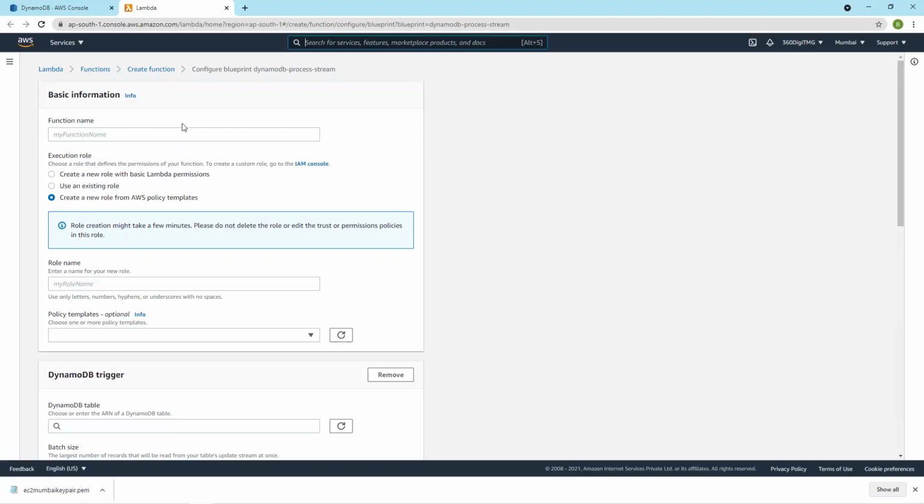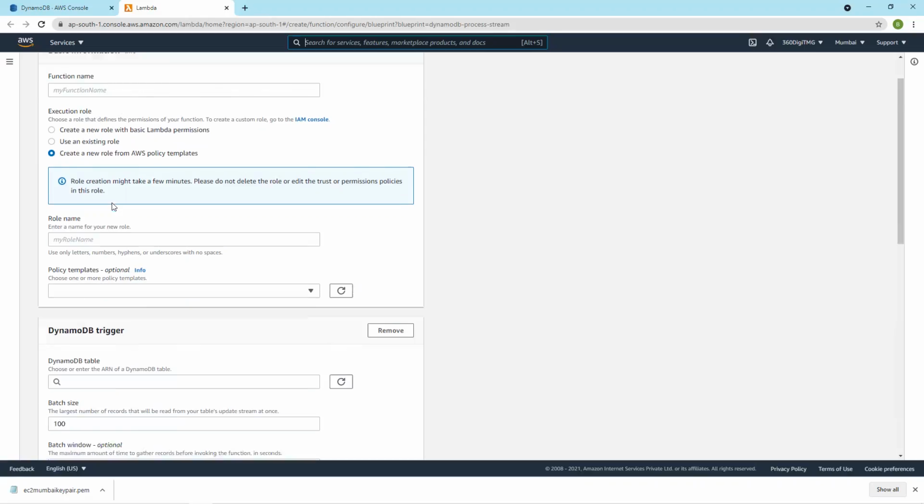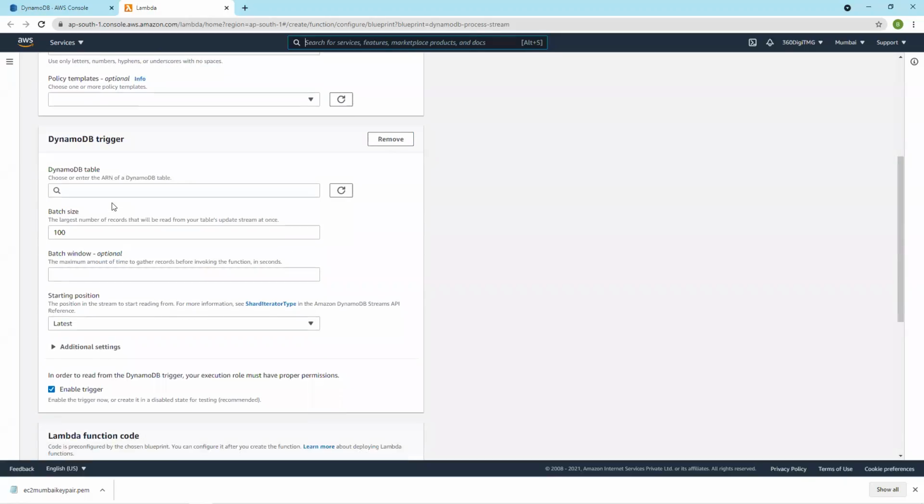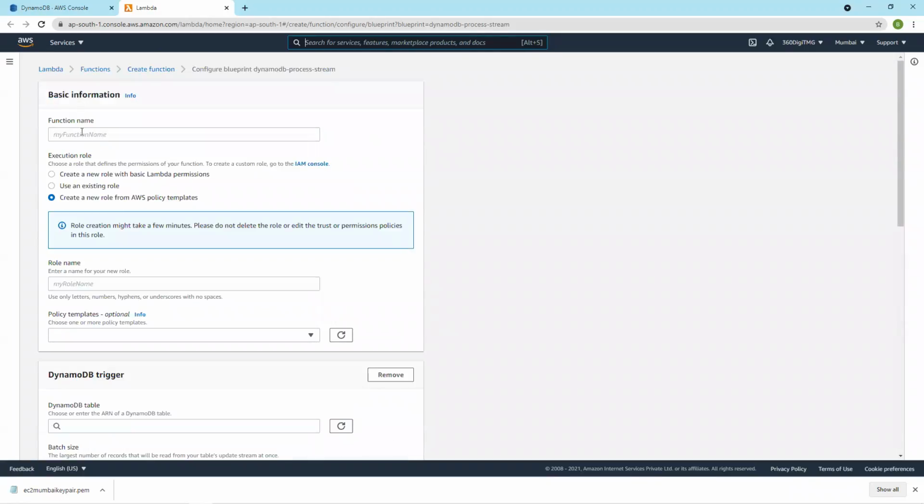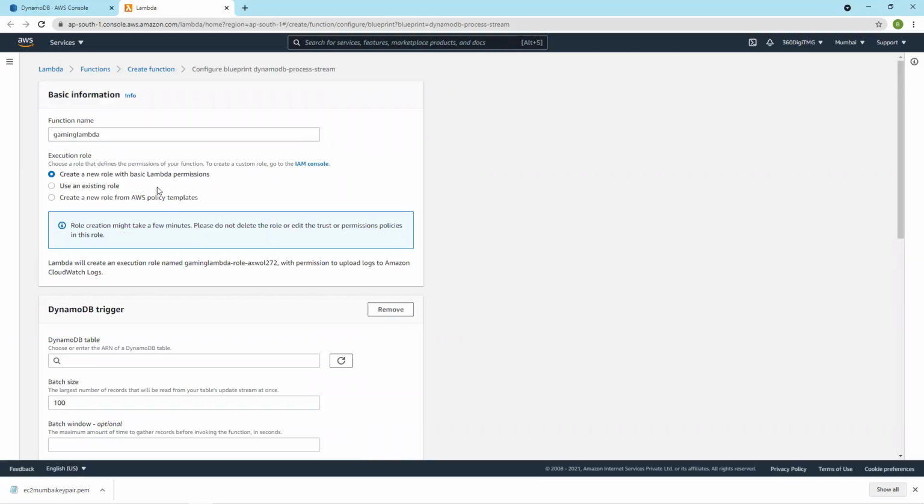Suppose I want to run a Python code, then give a function name. This is my gaming function. Right now we will create a new role with Lambda basic permissions.